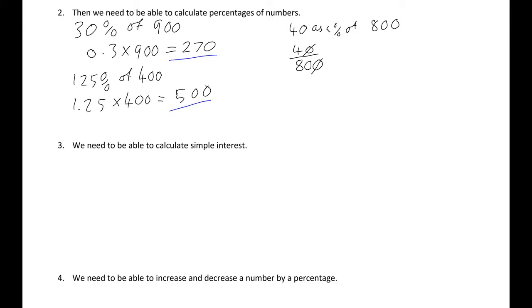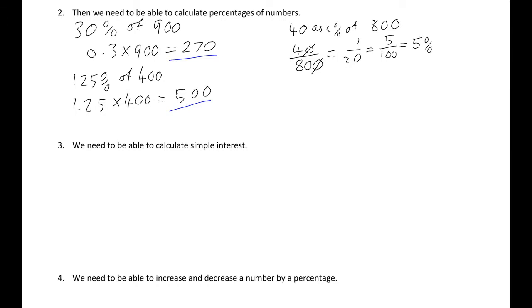We can then divide top and bottom by 4, sorry, and that will give us 1 over 20. Our aim is to turn this into a decimal, because from a decimal we can change it back into a percentage. In this case, actually, we can see that if we times top and bottom of this by 5, we get something over 100. So that equals 5 over 100, which equals 5%